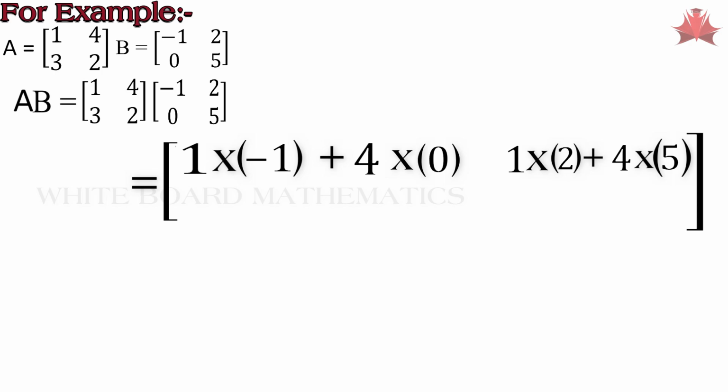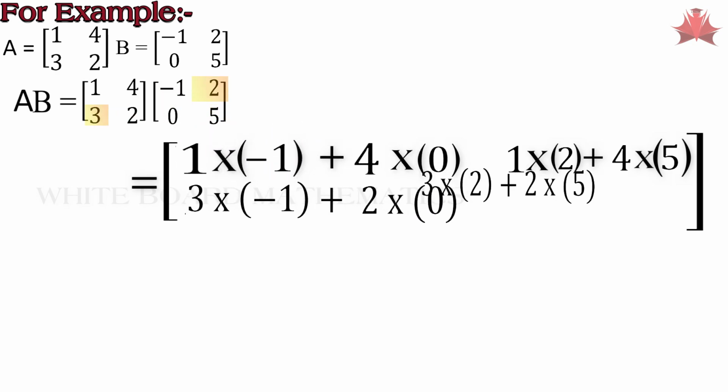Applying the same procedure, multiplying the elements of the second row of A with the corresponding elements of the columns of B to get the elements of the second row of AB. Look at this. To get the second row of AB, we need to multiply 3 into -1 plus 2 into 0,